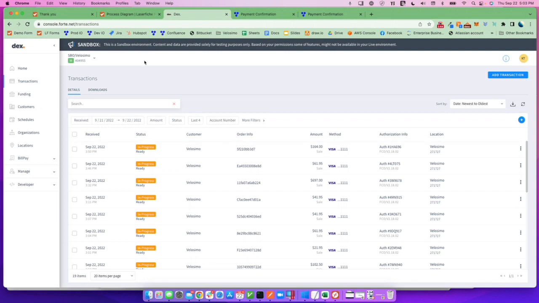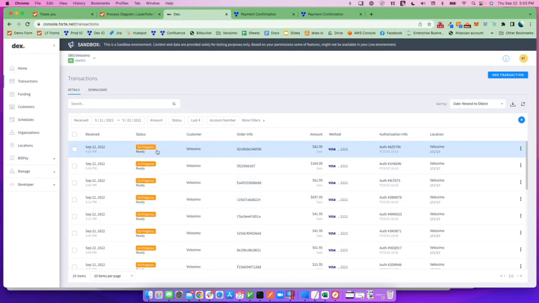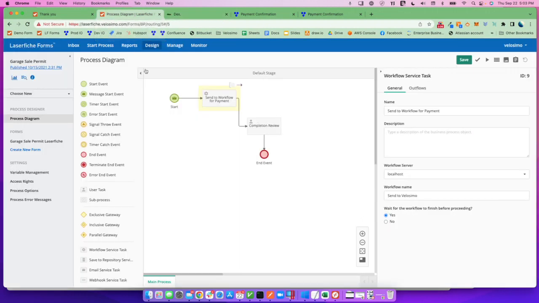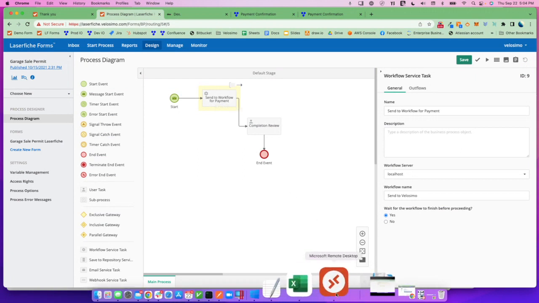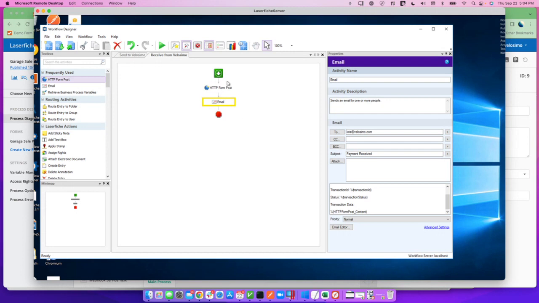So now that we've paid for that, I'm looking at the Forte console. I'm able to see the payment that I just made here, same authorization code. All of the detailed information is there around the transaction. Now, at the same time, as I mentioned, there are two Laserfiche workflows that were involved. There's one that was used to send the payment and one that was used to receive the payment. So I'm going to go ahead and jump over to our Laserfiche workflow server and explain the payment that was